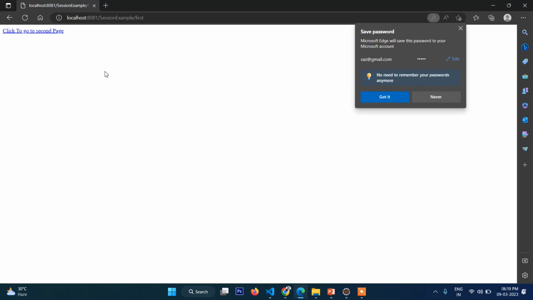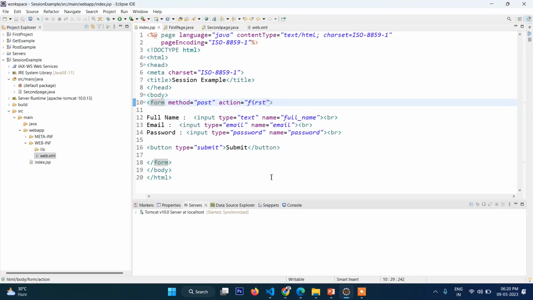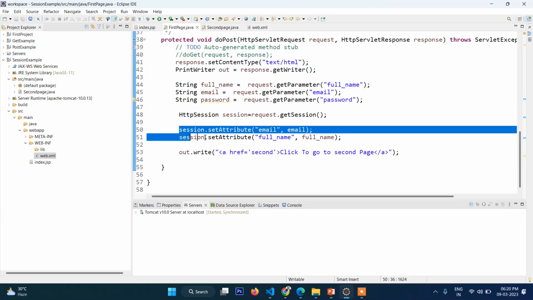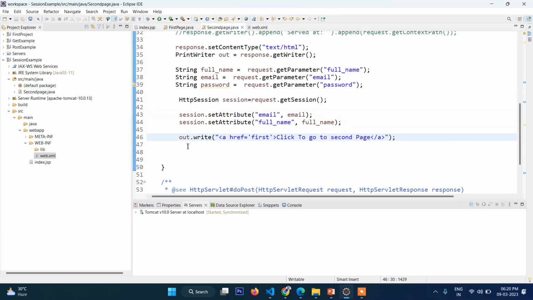Submit. So guys, you can see we have come to this page, right? And then when we click this second page, we should be redirected to the second page. So we are in the second page. In the second page, we want to display the values which we have set. Which value? We have set the values in our first page, set attribute, right? And we want to show these two values in our second page. So what we will do,